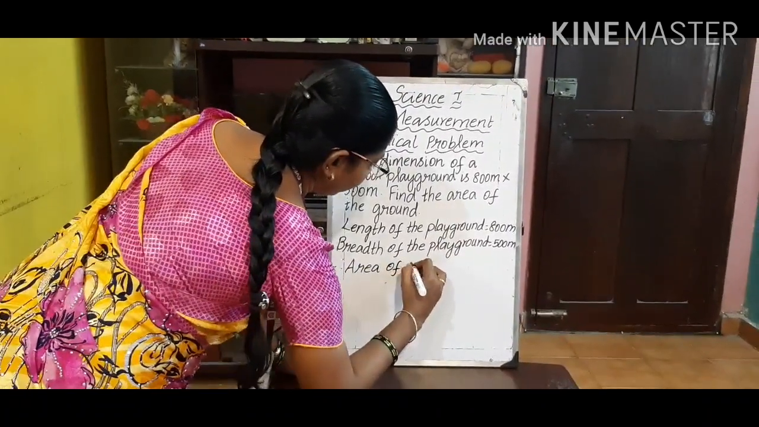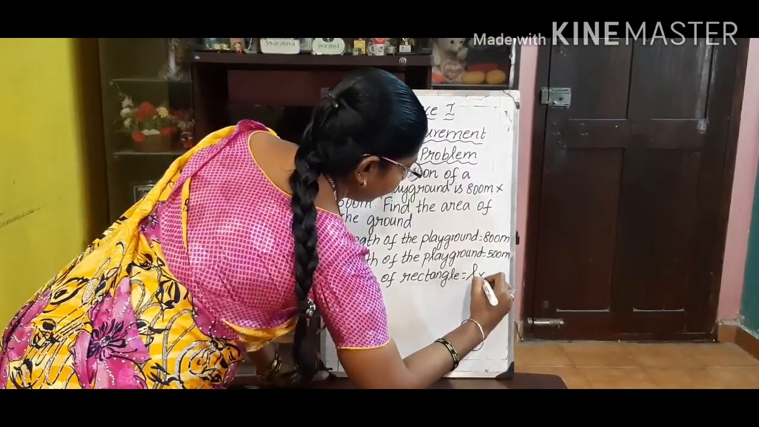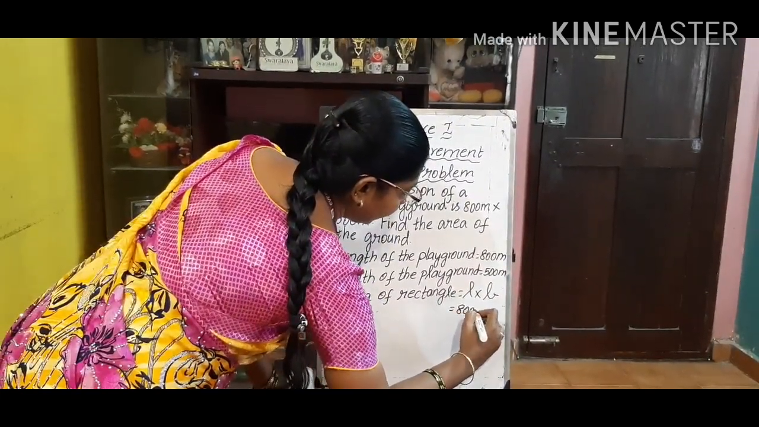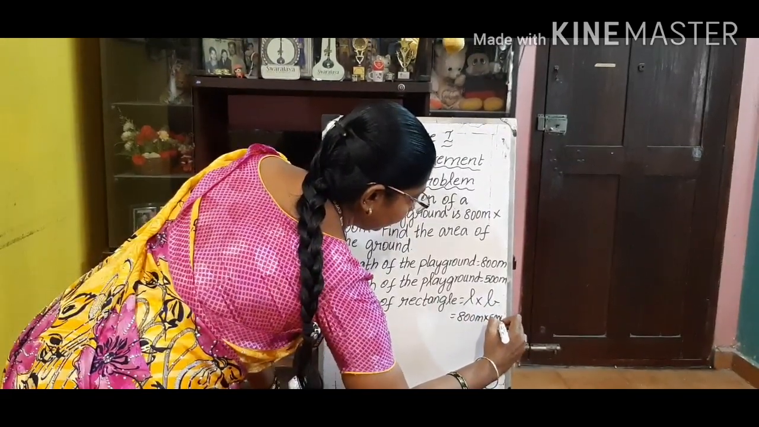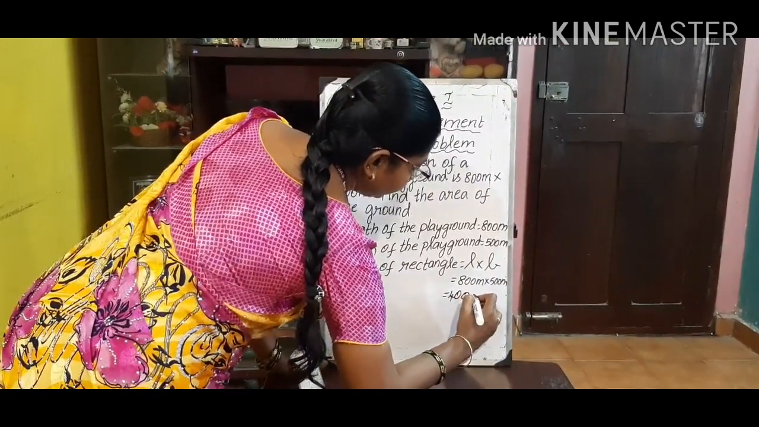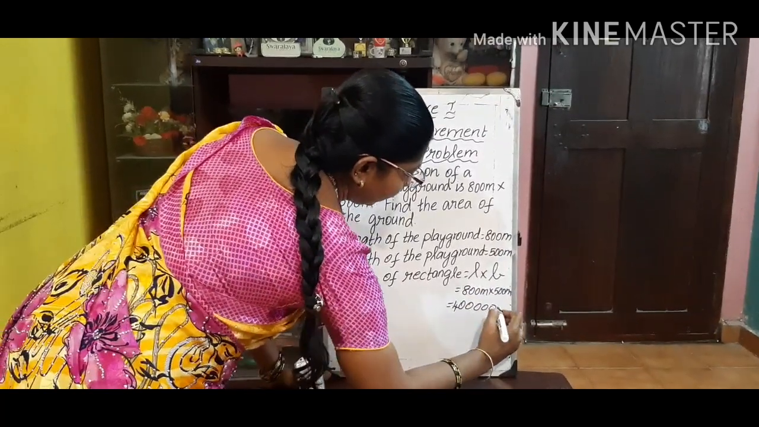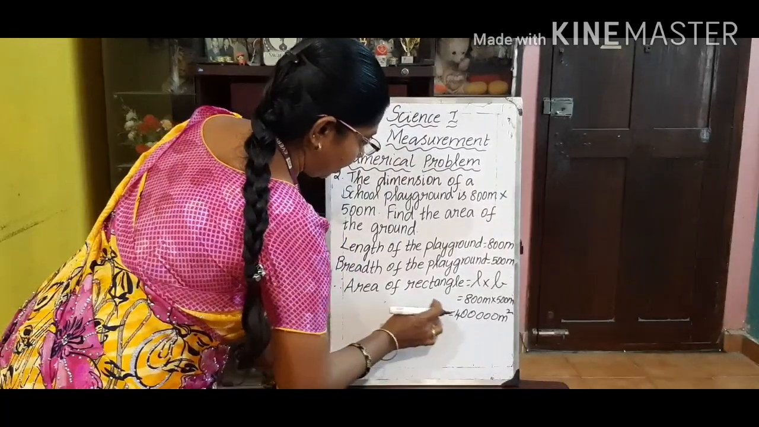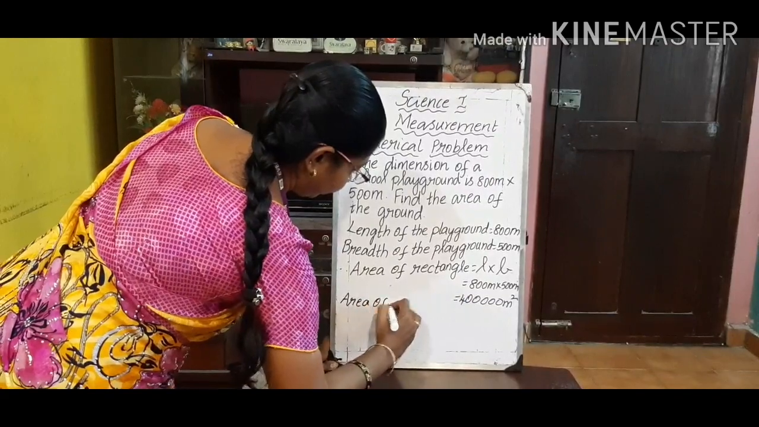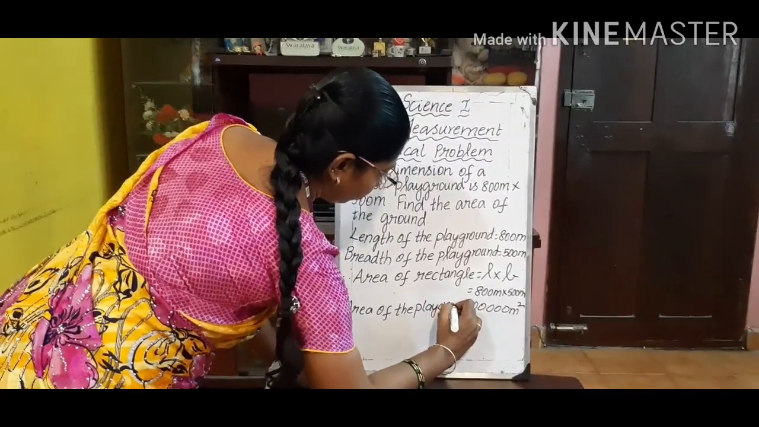area of rectangle is equal to length into breadth. L stands for length, B stands for breadth. 800 meter into 500 meter. So when you multiply, you will be getting this 40, then 5 8s are 40 meter square. So the area of the playground. Area of the playground is equal to